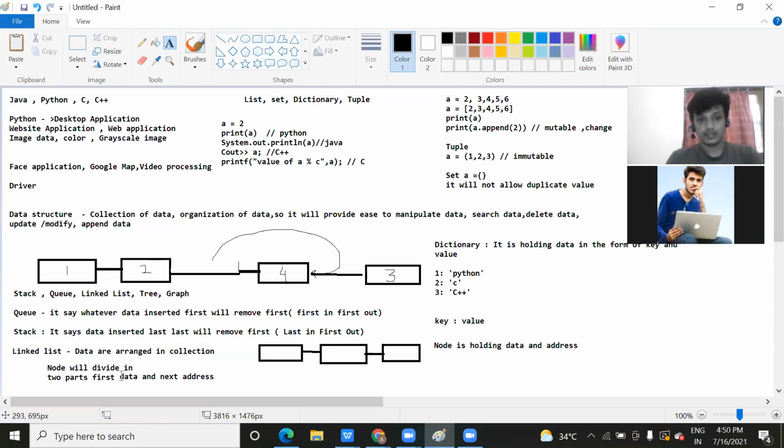What do you mean by this? First is data and next is an address. It means that each node will be divided here, like suppose I'm dividing it here. Each node will be holding your data. D is representing your data and A is representing your address. This address is representing the next node. It means that this address will tell the address of the next node, so you can arrange those data in some sequence, or even if it is not in a sequence, this address will be helpful to find this node in your memory. Okay, let me explain.